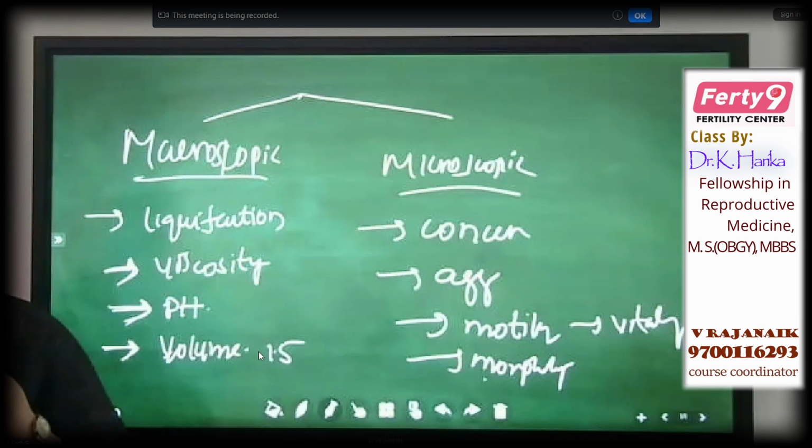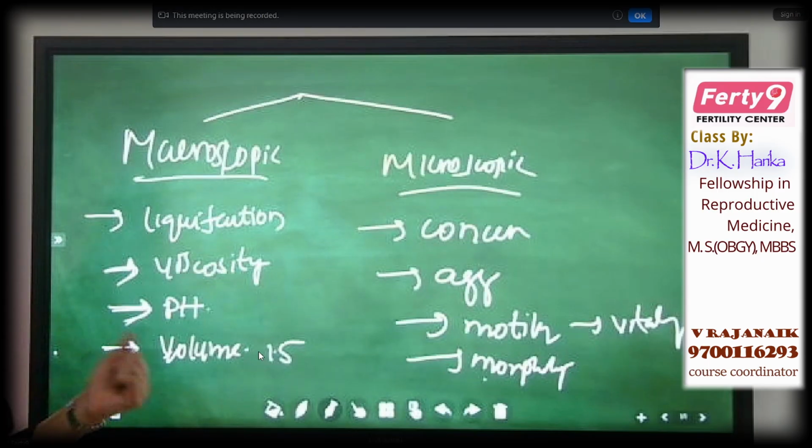Suppose if there is any infection, sometimes there will be less volume. And in other conditions, whenever there is inflammation or infection, it will also produce more secretions. That might lead to more volume of semen. So any pathology, infection or inflammation related to these three organs might cause volume disorders. It might be more volume, it might be less volume.